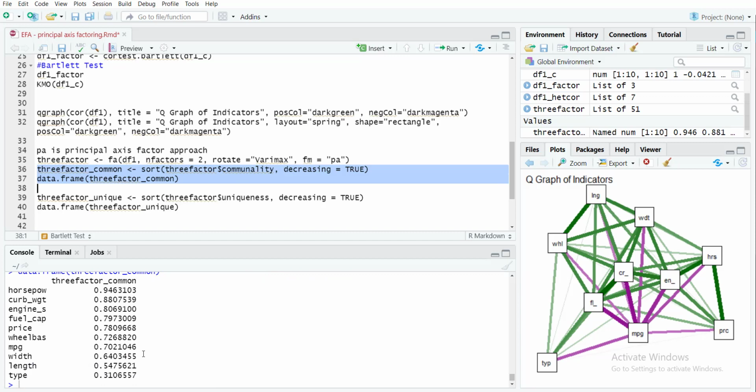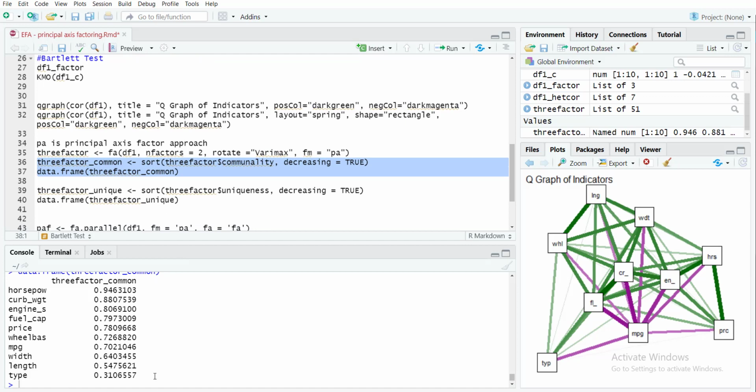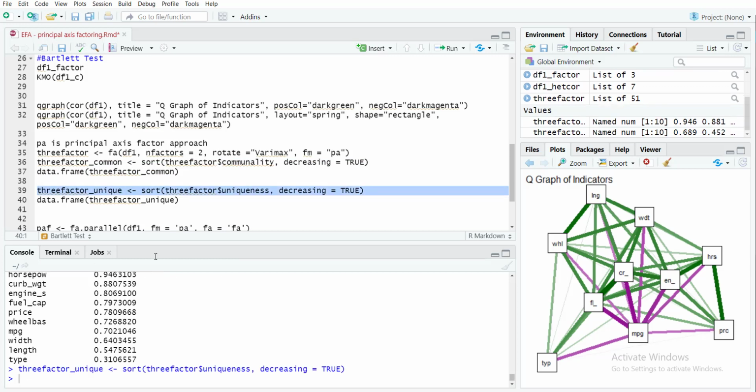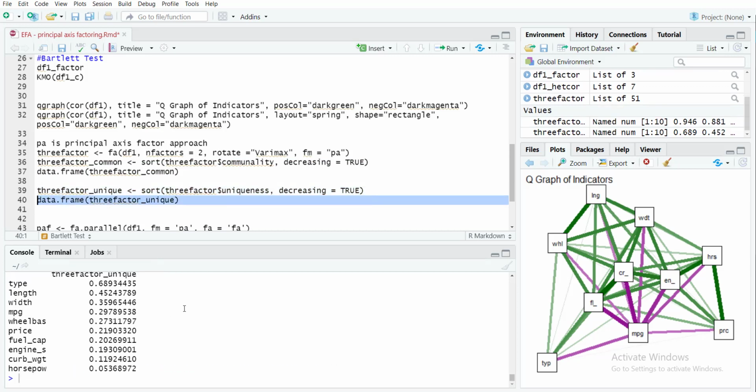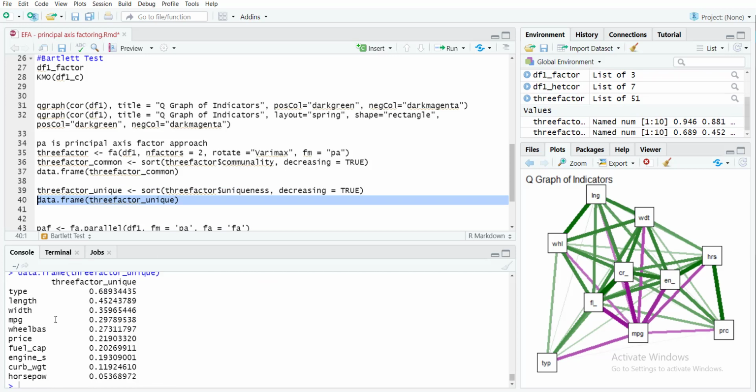So all the variables have correlation with the proposed dependence. We can see only the type variable has a small, lower correlation, while the others have high correlation. So we may reduce it later on if we think that it is not suitable. Then what we'll do is we will look at the uniqueness. This way its uniqueness can be measured.